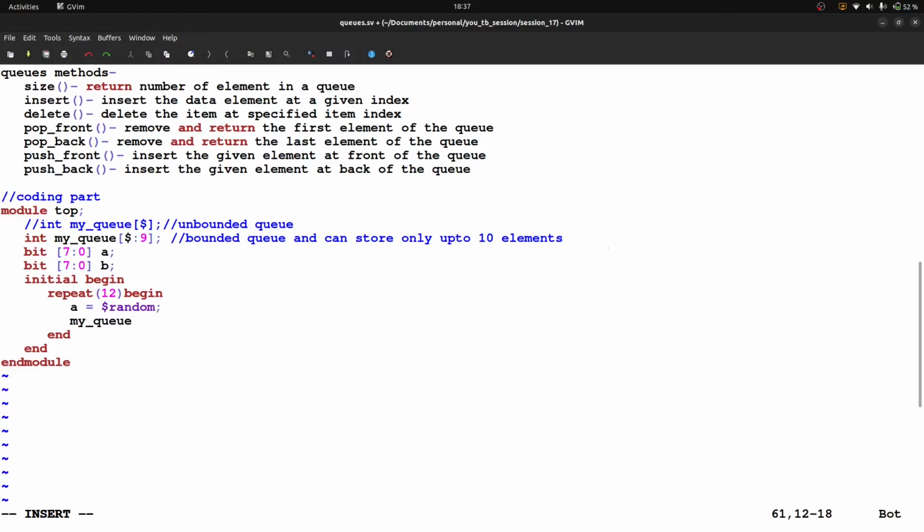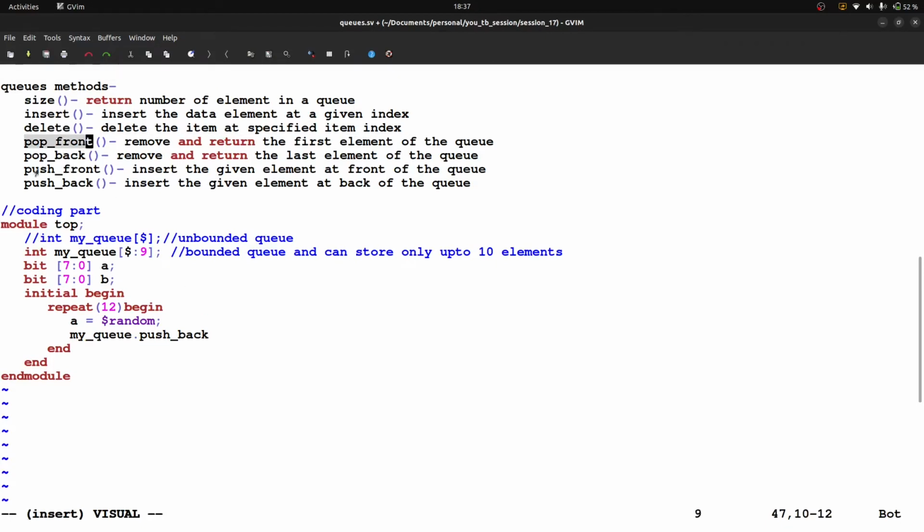And here I am writing my_queue dot push_back, right? I am now going to use these methods. Okay, so this one is push_back. I want to push back A, right?